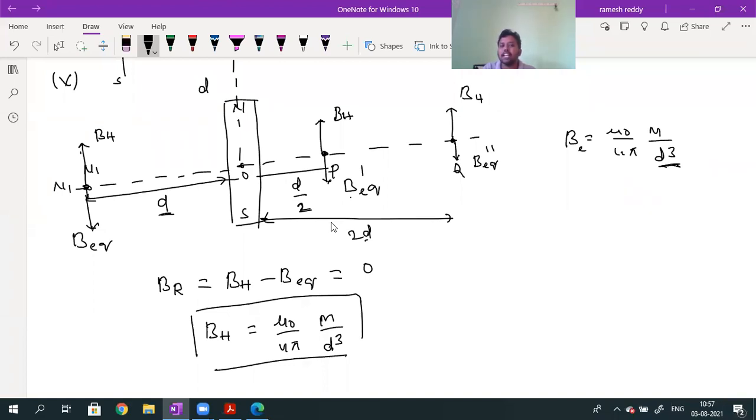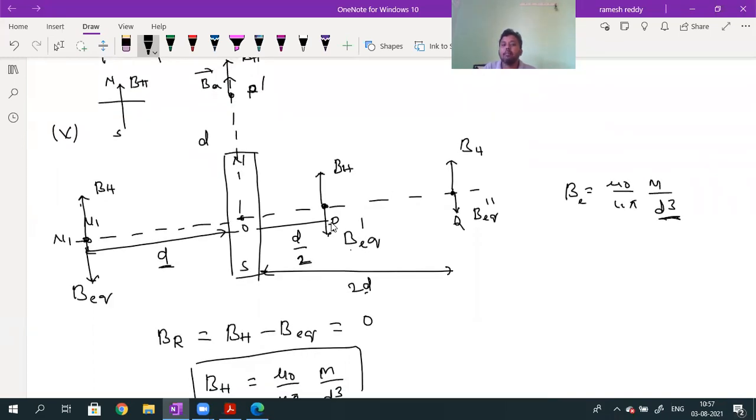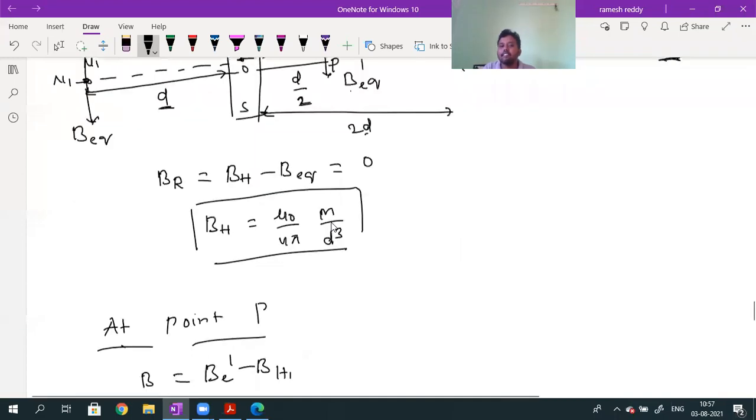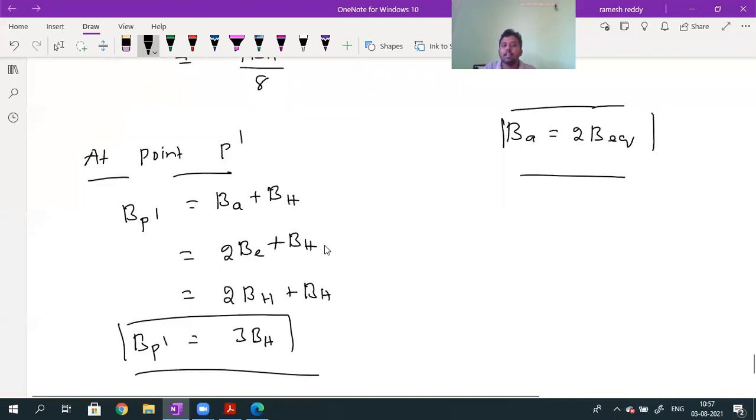Now the bar magnet was like this. Now what I did, the next point is the bar magnet is rotated through an angle of 90 degrees clockwise. I want to calculate, when the bar magnet is rotated through an angle of 90 degrees clockwise, the point P dash will come here. Correct? So the next point I am considering is point P dash.